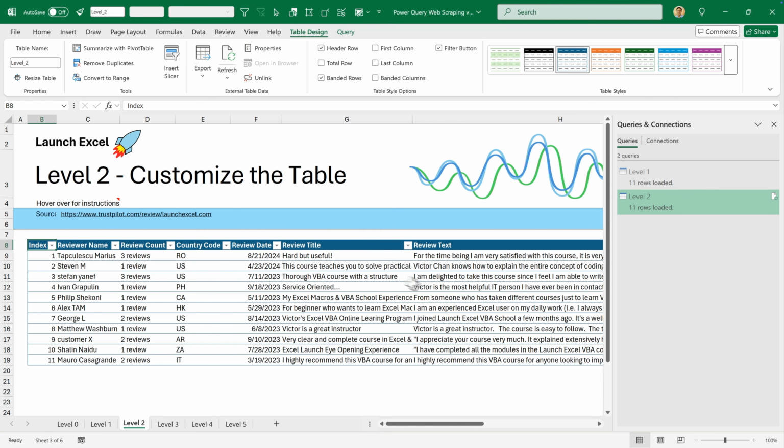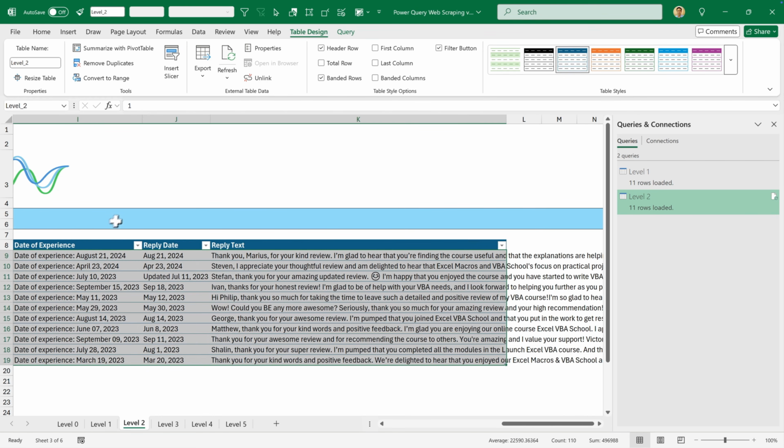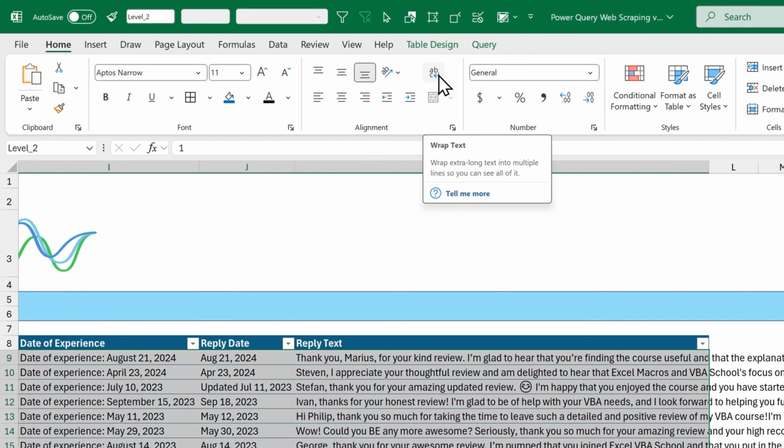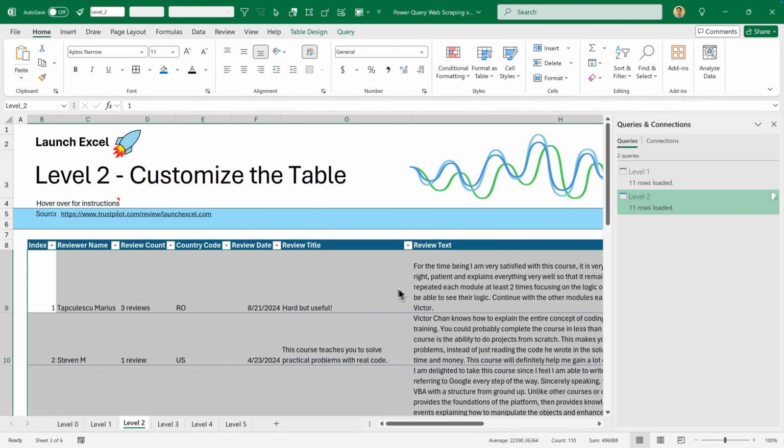Then I can't read all these texts. So I'm going to select the table from that first cell and hold Control Shift right arrow and down arrow. Then I'm going to click on Home, choose this Wrap Text option. And that makes it easy to see the text. But I don't like all this text on the left down here. So I'm going to move it to the